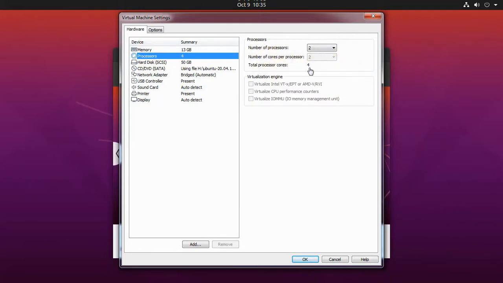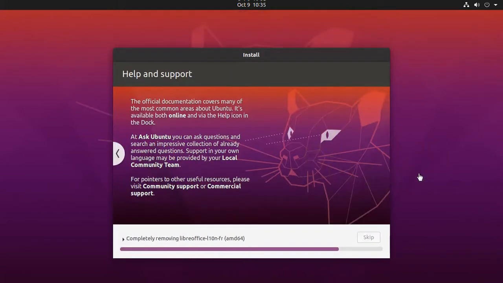Okay, so not an issue, it's okay. It is completing, removing a couple of things. You can see it removing lots of things and even installing. So whatever is required, it will be doing. It is a 64-bit operating system we are going to install. It is almost done. This installation is almost done here.